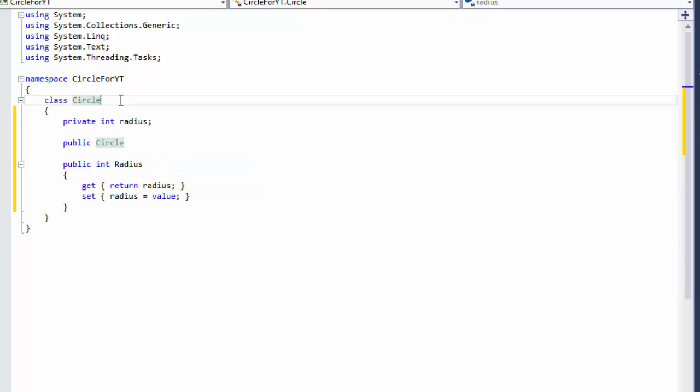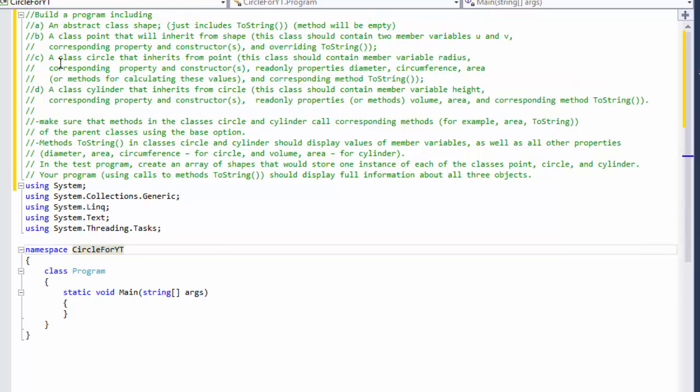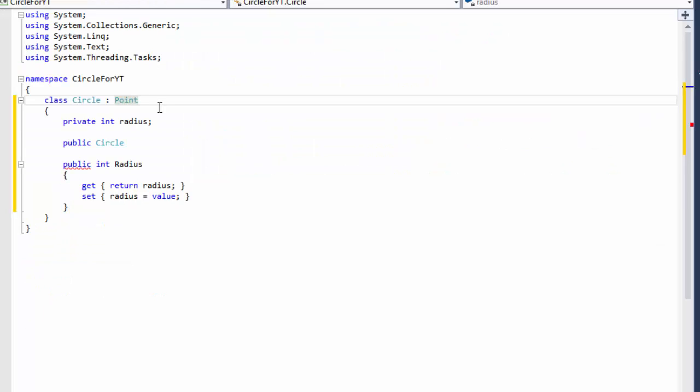By the way, before I move any further, this one is supposed to inherit from point. If you remember, class circle then inherits from point. So be inheriting from point. So public radius, where am I? Here, circle,